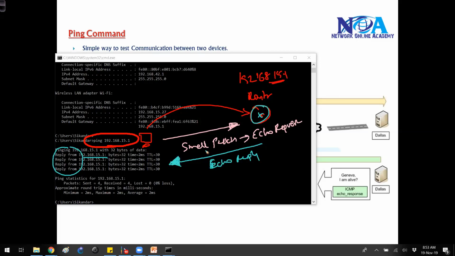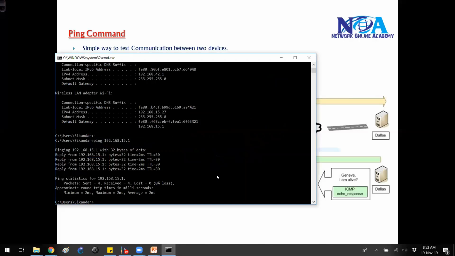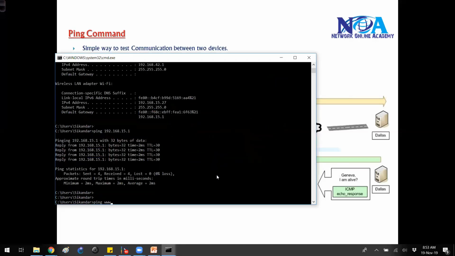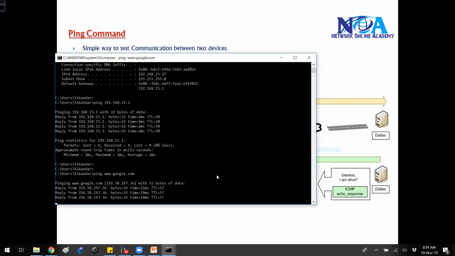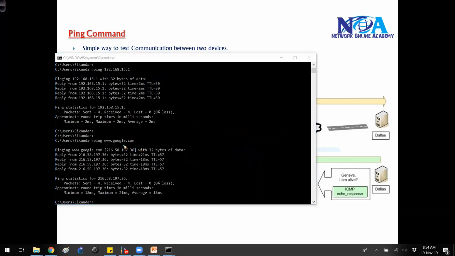We can also test with other options. As I'm connected to the internet, I can test my reachability to google.com, the website. You can see I'm able to reach it. Of course, we generally type the URL, and there is a DNS server which translates it to the equivalent IP address, because the communication happens based on IP address. This is the actual public IP address of the Google server.